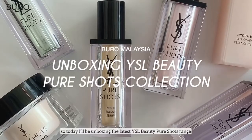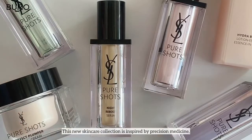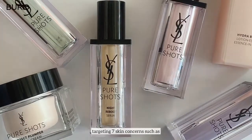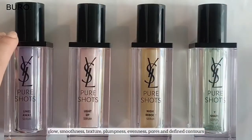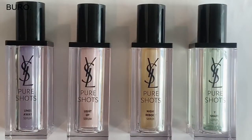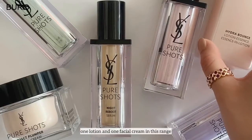Hi guys, so today I'll be unboxing the latest YSL Beauty Pure Shots range. This new skincare collection is inspired by precision medicine, targeting 7 skin concerns such as glow, smoothness, texture, plumpness, evenness, pores, and defined contours. As you can see, there are 4 serums, 1 lotion and 1 facial cream in this